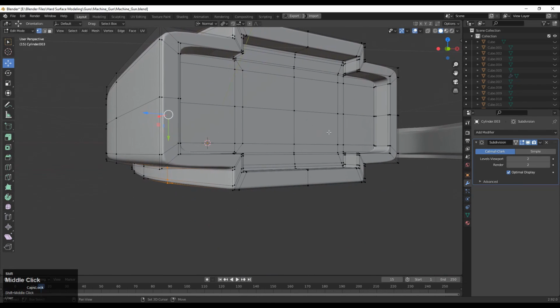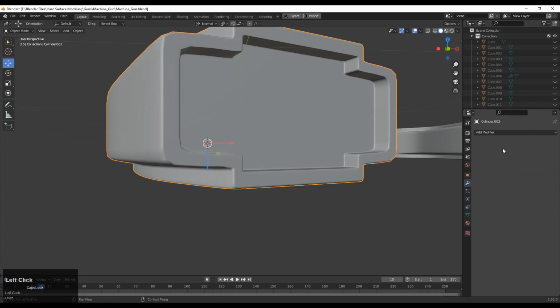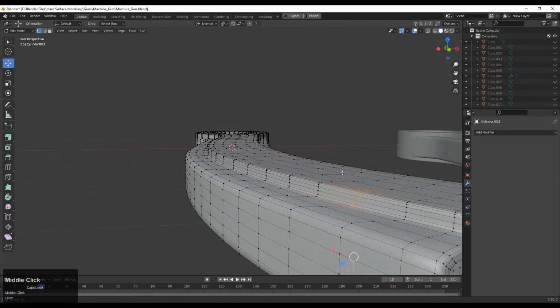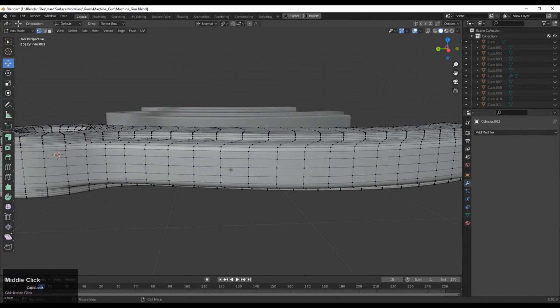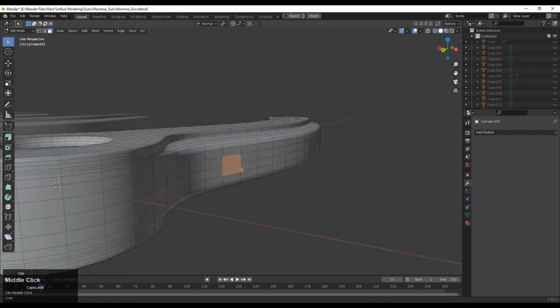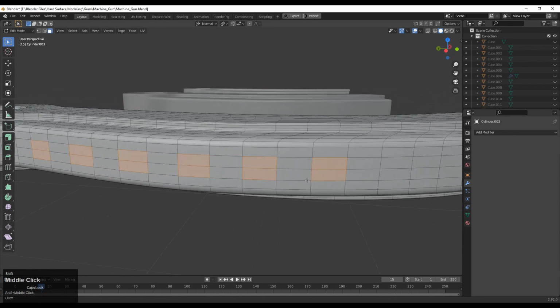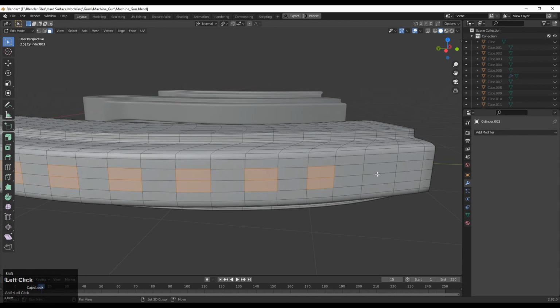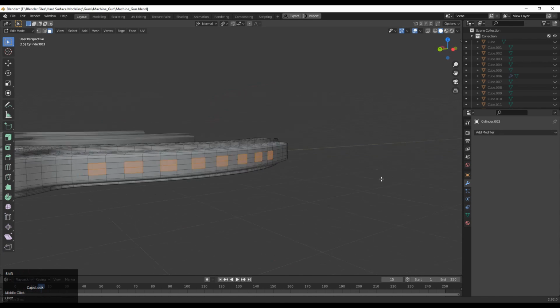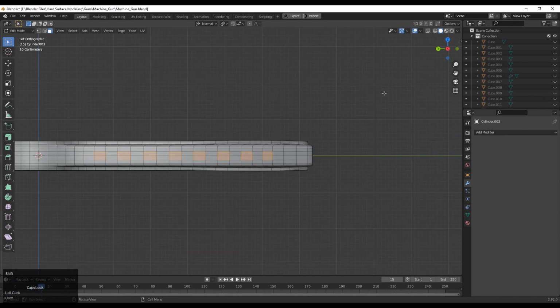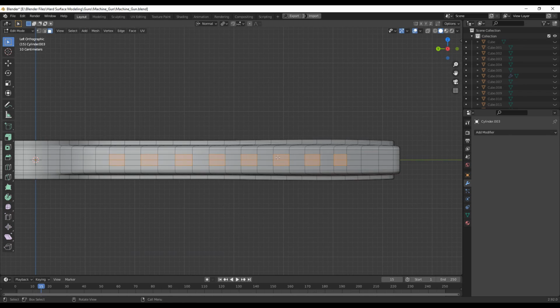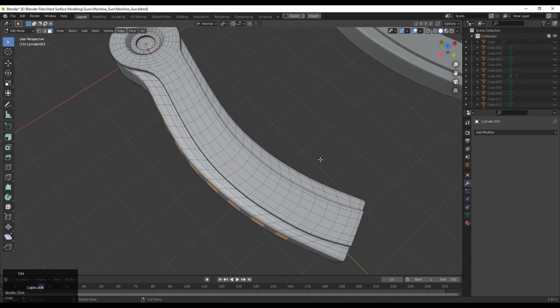Just Shift D just for the backup, because we will apply that sub D modifier one level. So just apply that sub D modifier with the one level, and now you need to start to add more details on this, because it's the next level of adding details. And now you need to add the tertiary details which will add more design on your mesh. So you need to select these faces, and you need to press I for the insert operation, and then we will extrude this.